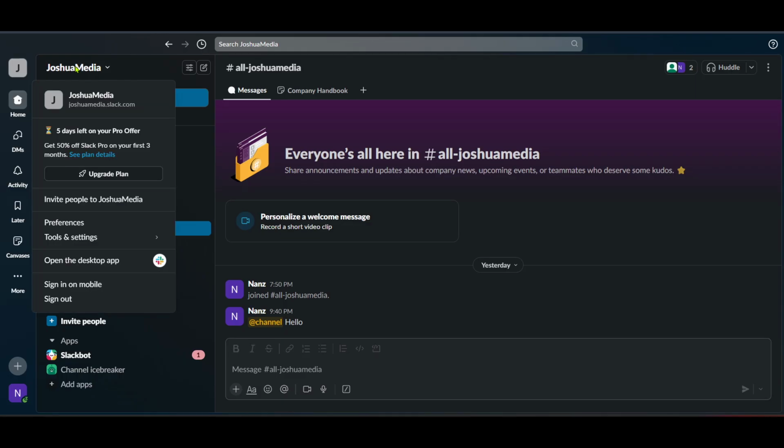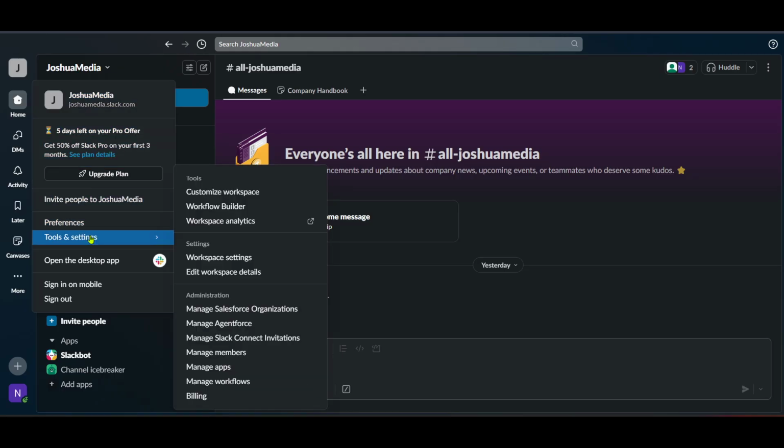You'll want to look for a section labeled Tools and Settings. This section grants you access to various administrative and customization setups for your account and workspaces. Now, within the Tools and Settings, you should see an option to go to Workspace Settings. Clicking this will open up a new page that provides detailed information about your workspace's configuration, including user management and